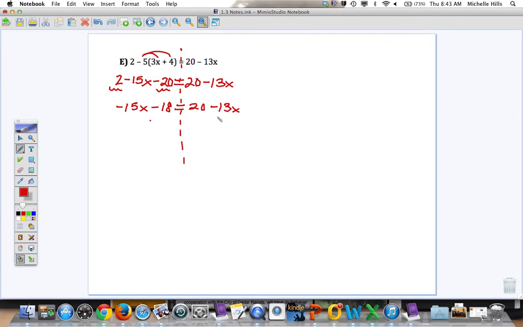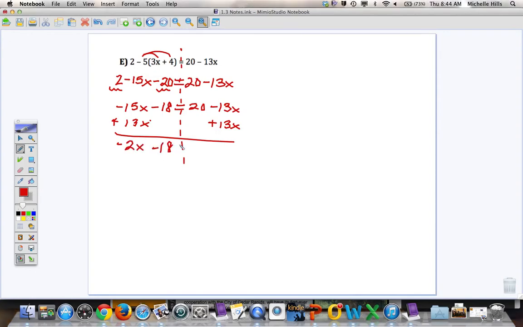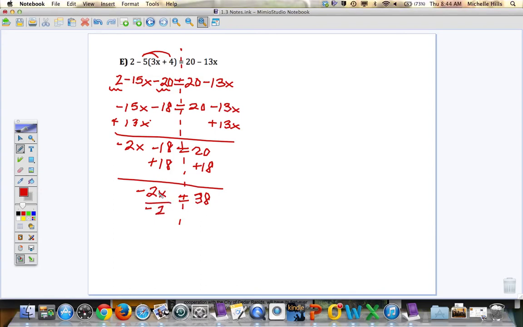To move my x to the left, to eliminate a minus 13x, I would add 13x to both sides of the equation, which would give me negative 2x minus 18 equals 20. To eliminate the constant on the left, I would have to add 18 to both sides. Again, what I do to one side, I do to the other side. And I have negative 2x equals positive 38. And then when I divide both sides by negative 2 to undo this multiplying by negative 2,